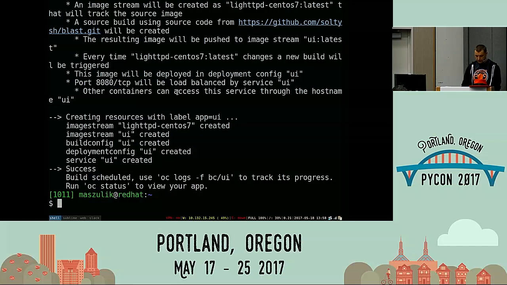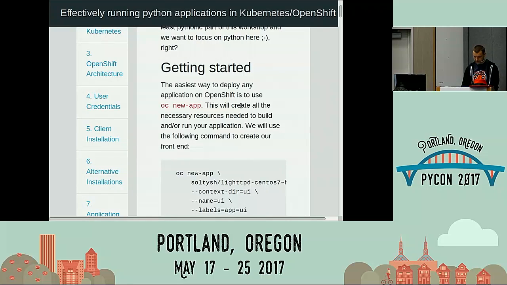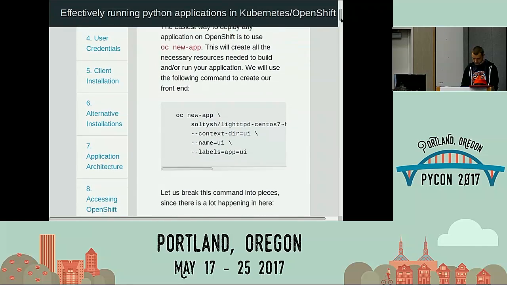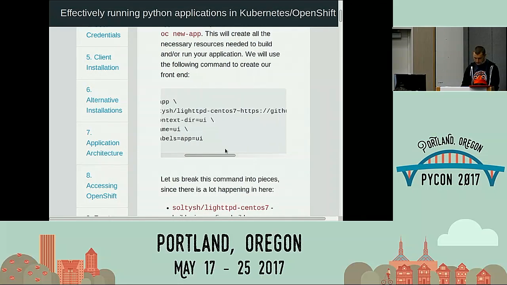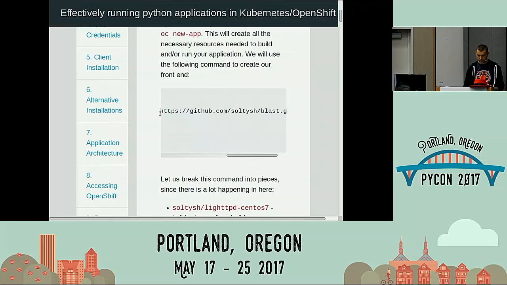Okay, so why do we use the CLI instead of the web front end? Here's the reason. If you are creating an application on OpenShift, and I'll be talking about a build in a minute, you need to provide it with information about how to build your application. In my case, this is using an image that is provided by me, which is not by default available in OpenShift, for building HTTP applications. So this is the image name that is responsible for building, and the repo URL after the tilde is where our application is actually available. If you want to check the sources of the application, you can easily do so by going to this URL,